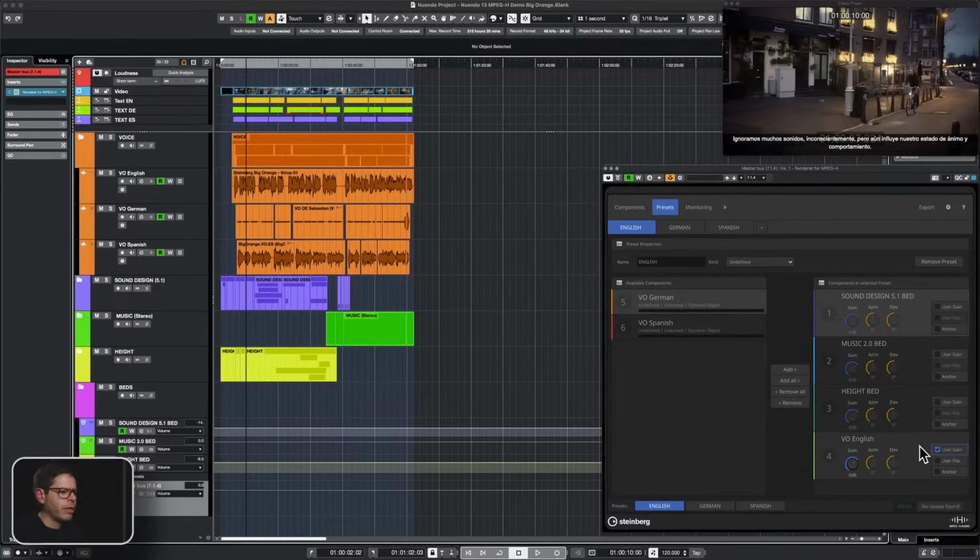For example, let's say that I want, in the English version, I want the user to be able to turn down the volume of the dialogue. Just an example. So I can come here and I can enable user gain. This is preset based, so the German is not there. If I wanted to, I could also add it for the German presets. And each preset contains what you can predetermine into your project, and also contains the interactivity of the user, meaning